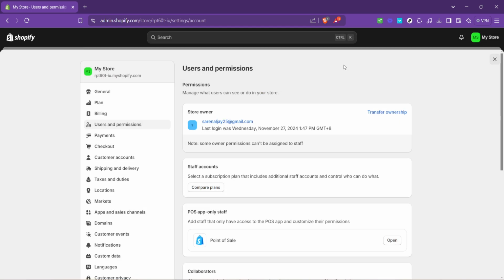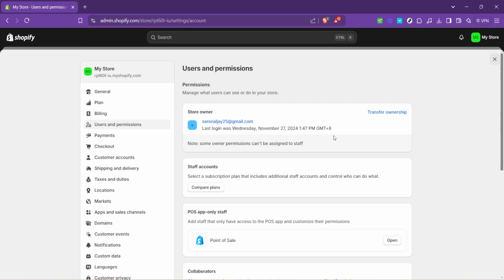A few additional tips to consider during this process. 1. Communicate with the new owner throughout the entire process to ensure they're ready and willing to take over. 2. Back up any important information related to your store. It's always good practice to have a record of your store's data before making significant changes. 3. Review Shopify's guidelines on store ownership transfer to ensure you understand the implications and responsibilities that come with this change. Transferring ownership of a Shopify store might seem daunting, but by following these steps, you can ensure a smooth